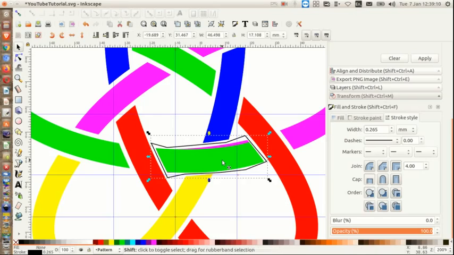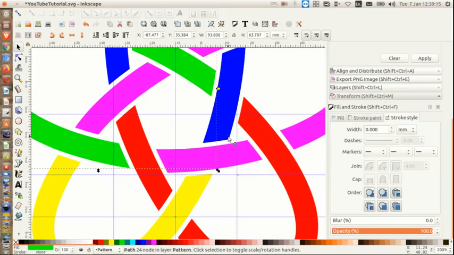And hold shift and select the green, control and minus,